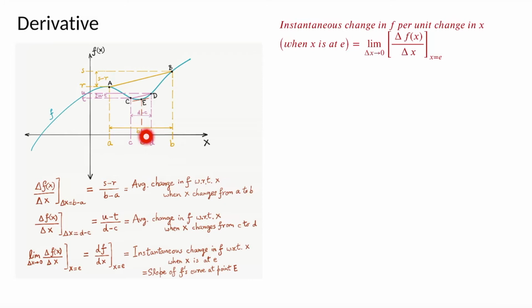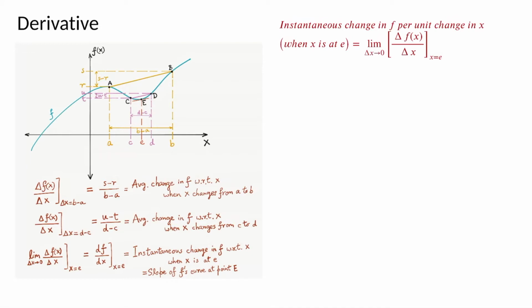Now, the slope of this secant AB, does that approximate the slope of the tangent to the curve at E, at point E? Well, maybe or maybe not. That depends on the exact shape this function takes at around point x equal to E. So, a better estimate of this slope of this tangent at x equal to E would be if we take the points on the left and to the right of E, which are closer to E. So let us kind of move closer to E.